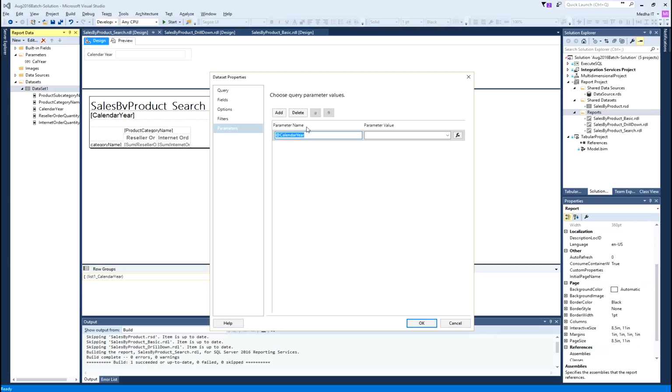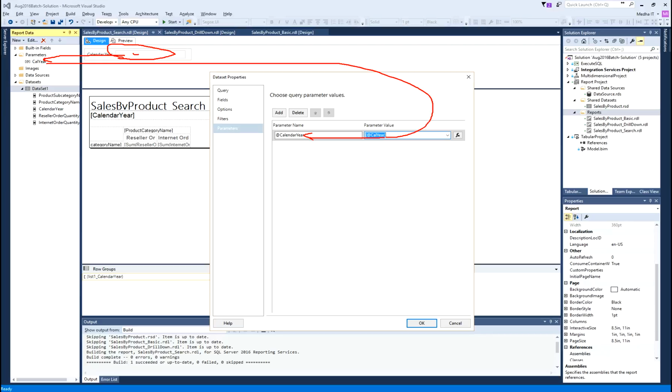Now, I need to assign a value for the parameter from the report. Since the names are changed, now it is not able to identify the parameter by default, but I can always choose the parameter. So, now what I am saying is, the value entered for this parameter will be passed to this stored procedure's parameter.